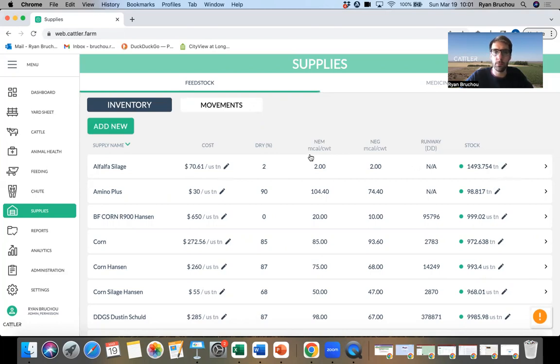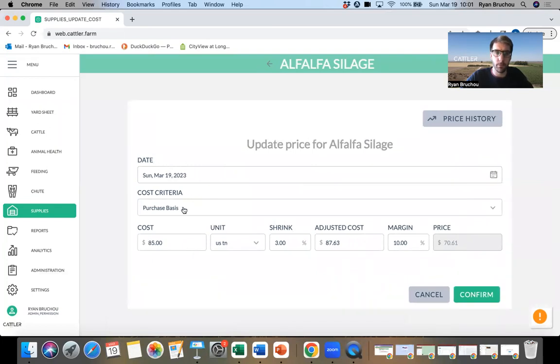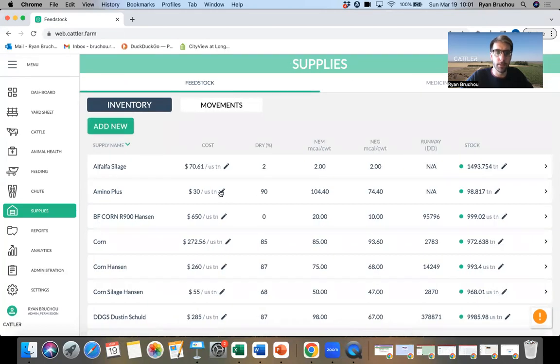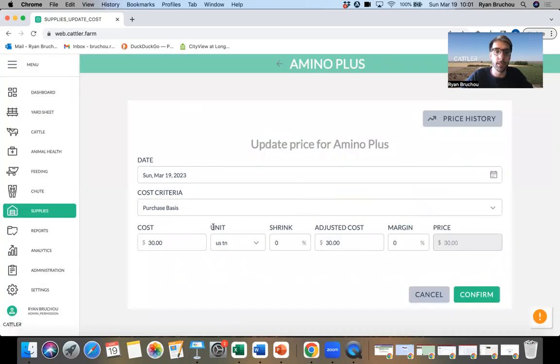Same goes for the stock. Click on here. Well, in this case, I'm going to grab one that doesn't have this, so we can go from the basics. Exactly. So in this case, today is Sunday, March 19th, and we have 2 different costs. We have the simple cost, which is basically in which your price is your cost, but you're also able to change it to a purchase basis, which allows you to have your cost, but then add a shrink, say 3%, and then add your margin, which could be direct to that